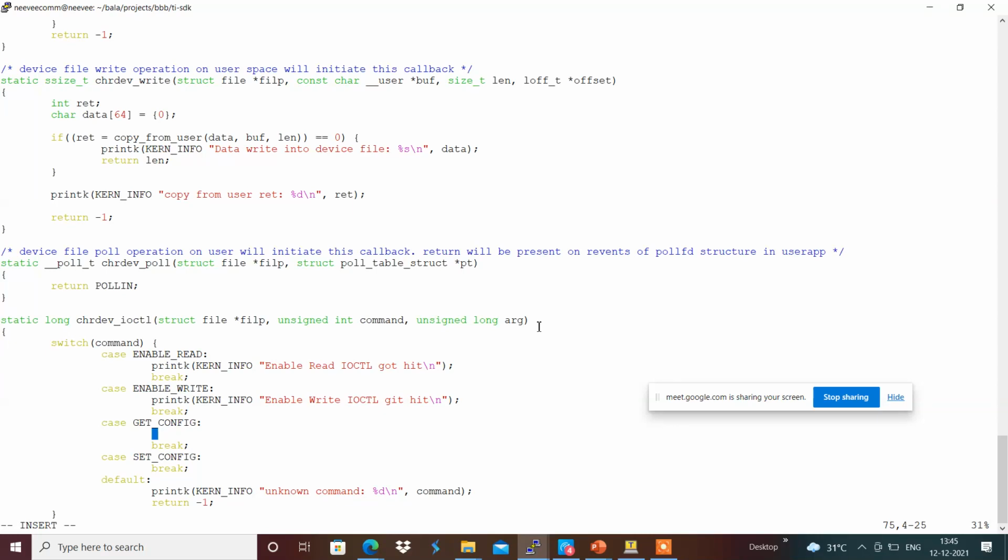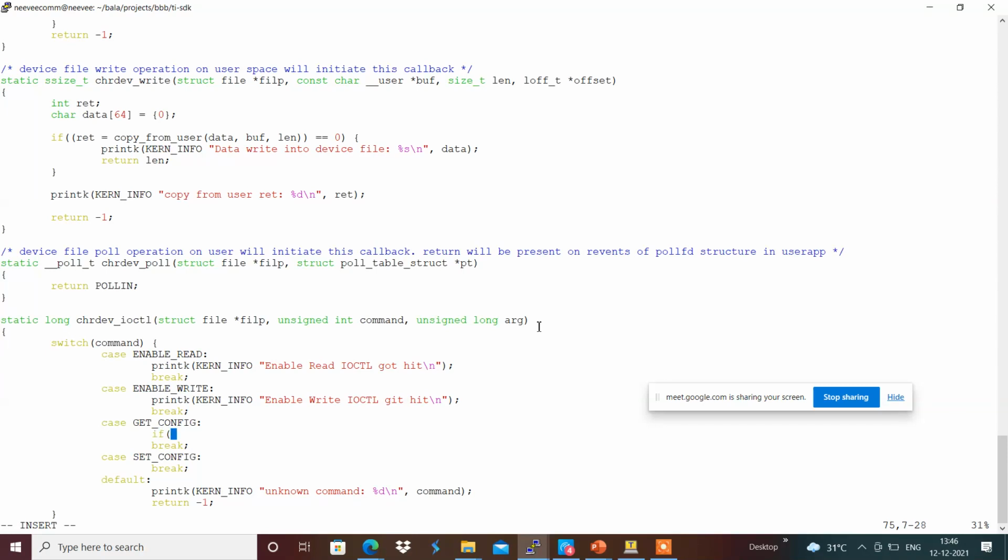For that we will be using something like if, get will be something like copy_to_user, with the argument.